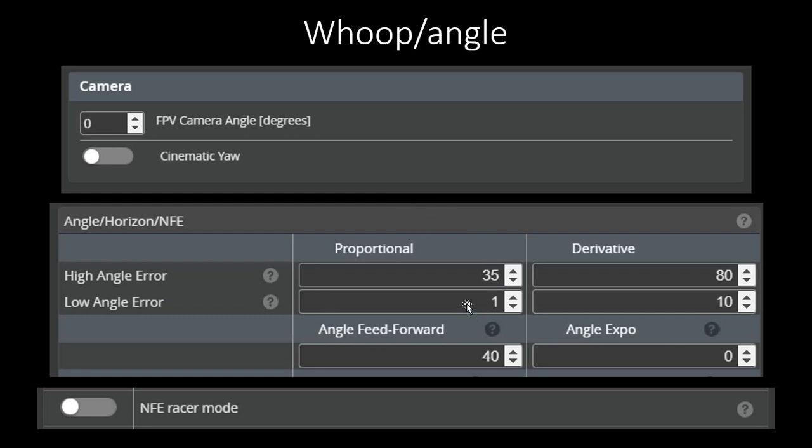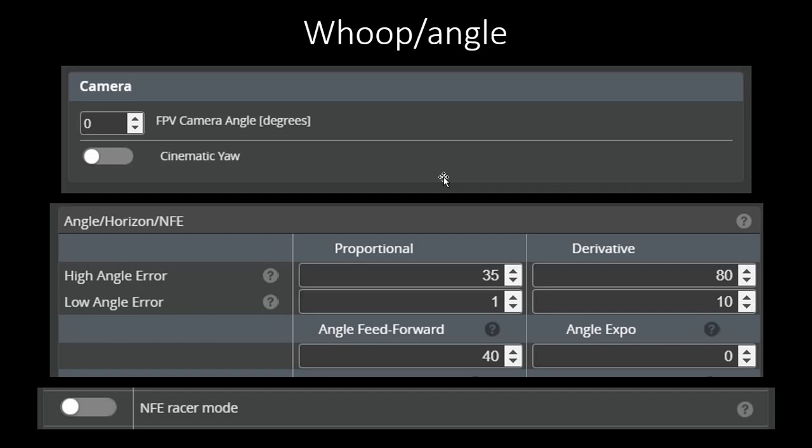And so you want the P for low to be fairly high, and the high error to be fairly low, so that when you do crash into something and your angle error pops up really high, the quad just doesn't jerk to react to it and end up sucking you against a wall. And now that you're sucked against a wall, you have a high error, which pushes the quad really hard and keeps it sucked to a wall. Instead, you can make the angle error for very high,